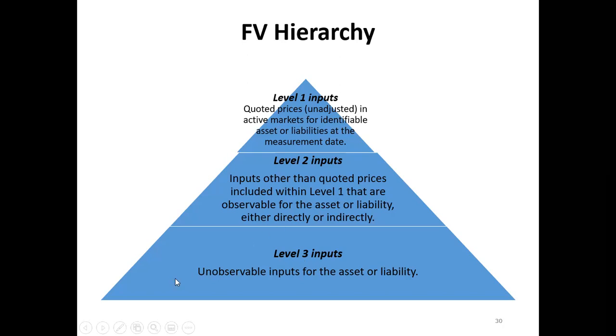When we come to level 3, those are basically the unobservable inputs. You cannot see them. It's about the future cash flows. It's about the cost information, the replacement cost information. Those are unobservable. And even the interest rate, which you would work out. So these are things basically not available in the market. To put it simply, things that may not be available in the public domain.